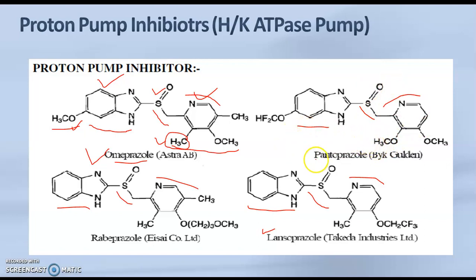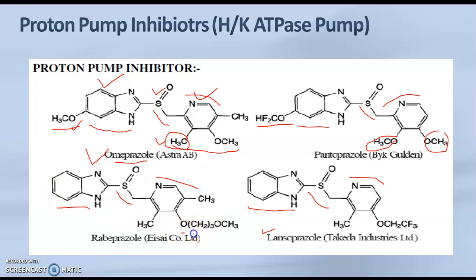So there is no link, because it may be the name of the company. There is no kind of correlation between the name and the structure. But you have to remember that in pantoprazole, methoxy groups are there, and here you can see this functional group. Okay, then talking about rabeprazole, it doesn't have any substitution on the imidazole, but here